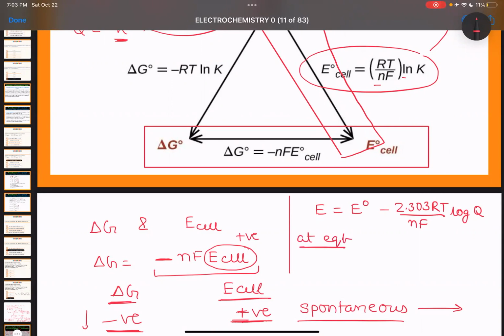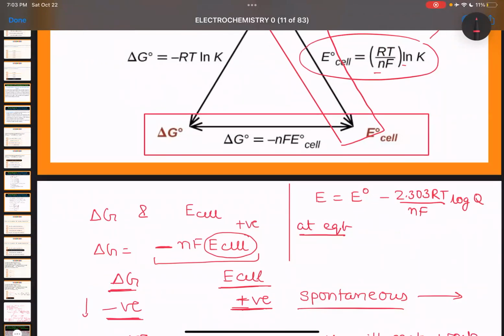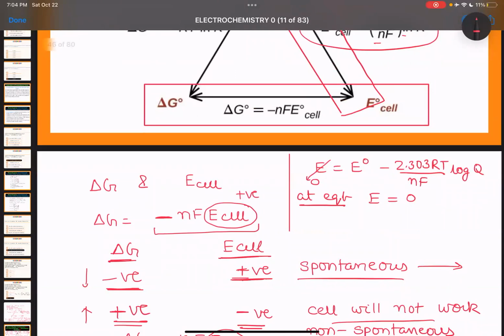Just now we have seen that at equilibrium, the cell stops working, E cell becomes 0. And Q becomes equal to K. So this is 0. I will take E naught on the left hand side. Minus minus will get cancelled. You will have nF E naught